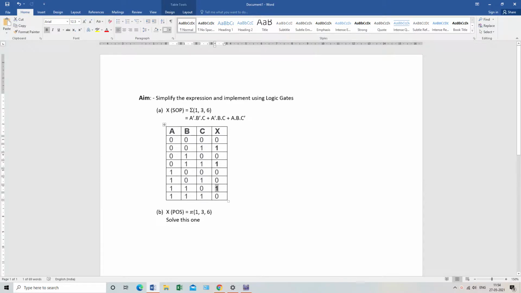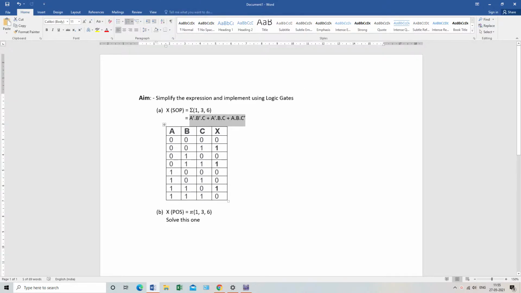This is my truth table, and when I solve this, I will write A dash, because A is 0, then B dash, because B is 0, and C is 1, then I will write C. The same thing will follow here. All the ones I will write down in the form of an expression here.